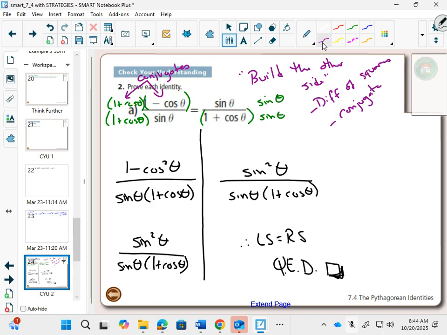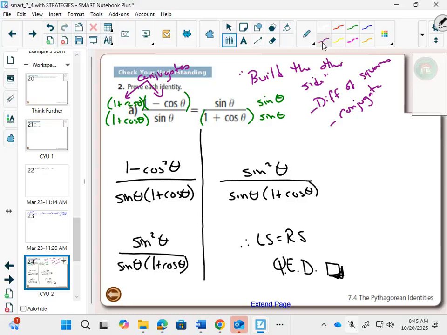And our proof is done. How do you recognize that maybe you should use this strategy? Because sometimes this strategy is like a super shortcut, and sometimes it's not helpful at all. Okay? So, to build the other side, the difference of squares and the conjugate strategy happens when you get something